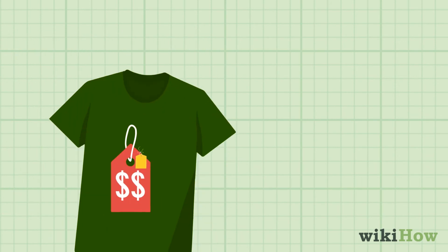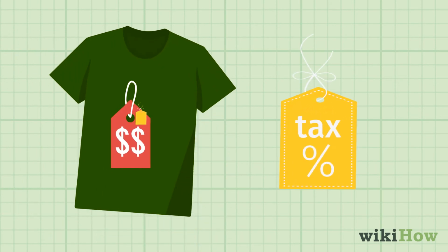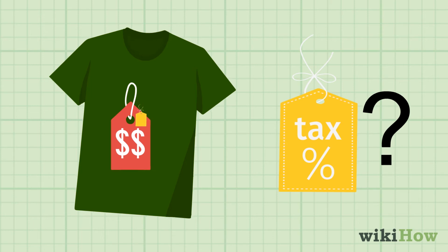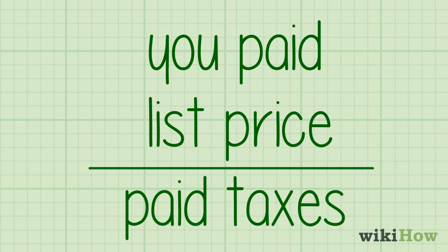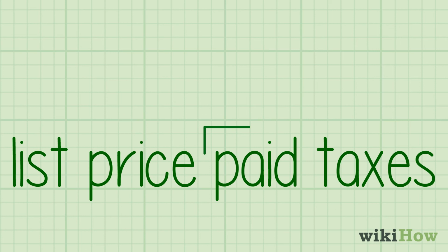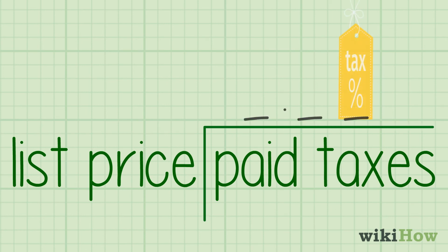But what if you already know the total cost of an item after taxes and you want to figure out the tax rate based on that? To do this, subtract the list price of the item from the total after taxes. This will give you the amount of sales tax you paid. Then divide the tax amount by the list price. Move the decimal point in the resulting number 2 spaces to the right to get the tax rate as a